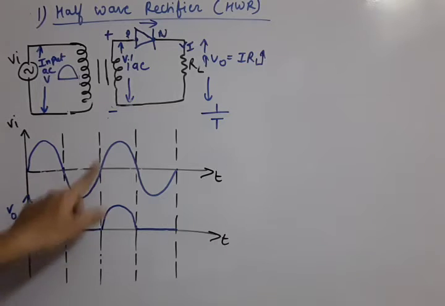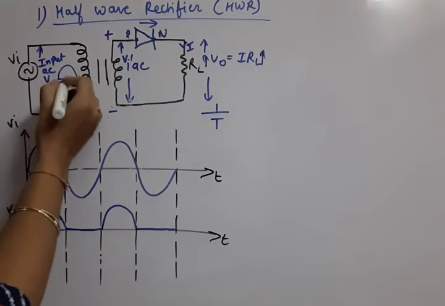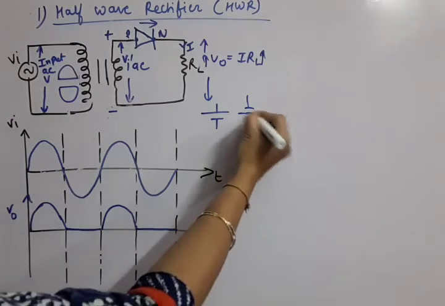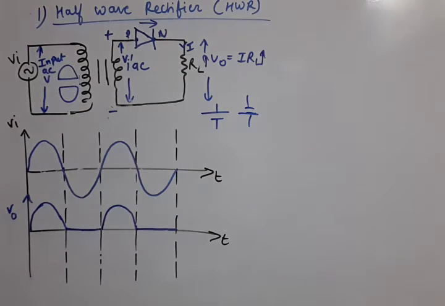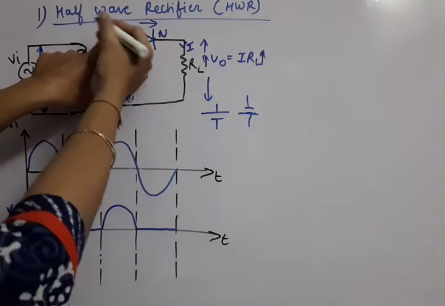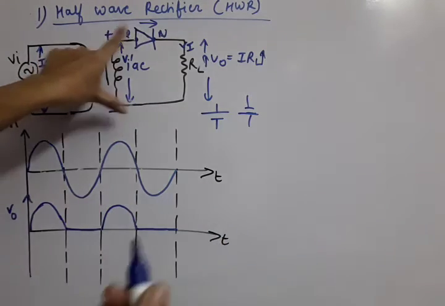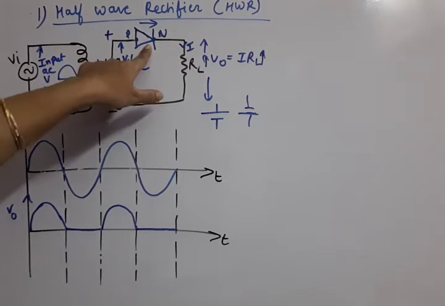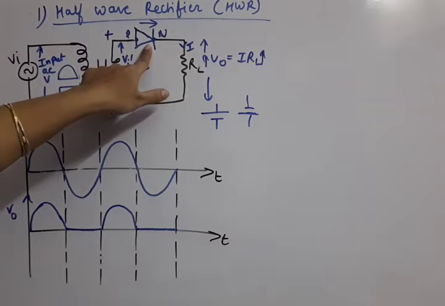And when we apply the negative pulse here like this, that means it is a reverse battery. Okay, it is a kind of reverse battery. So this end is negative, this end is positive. If this is negative, so P with negative means reverse. Reverse means no conduction. We don't cross the reverse breakdown voltage of the diode. We remain before reverse breakdown voltage.